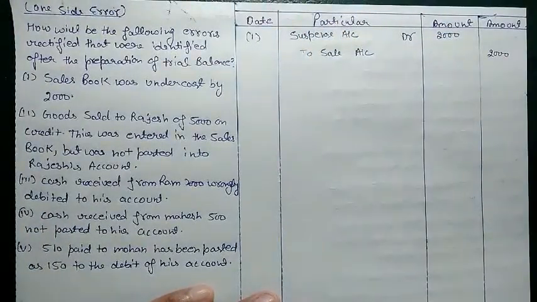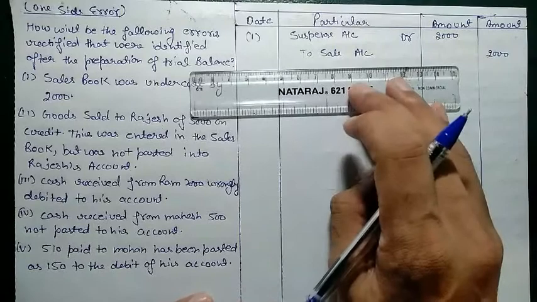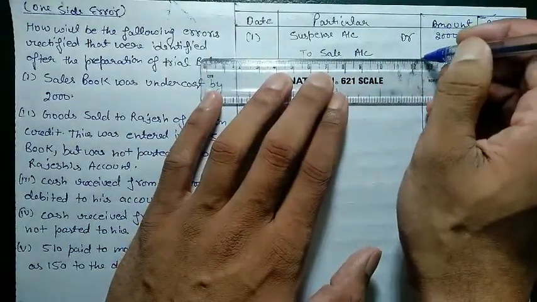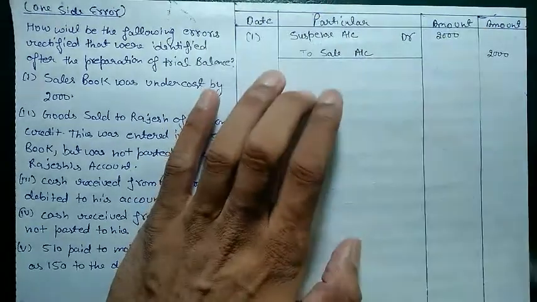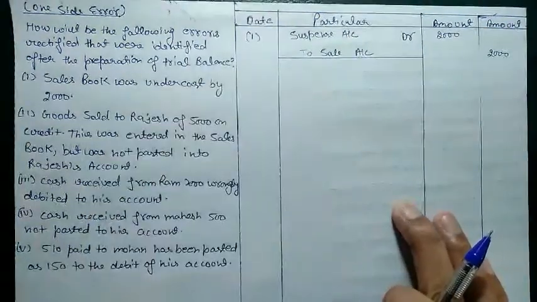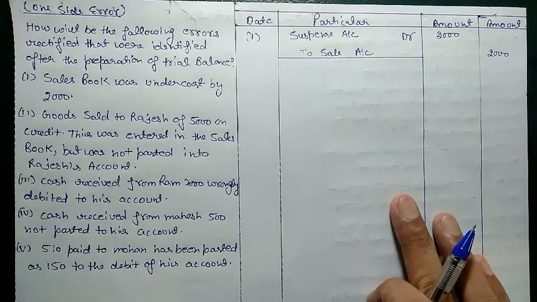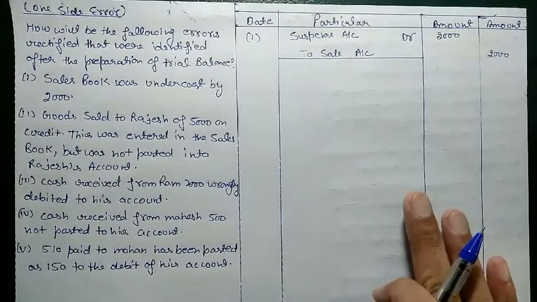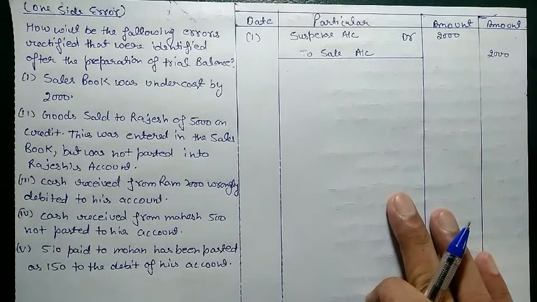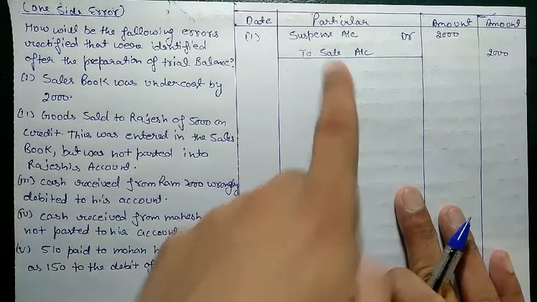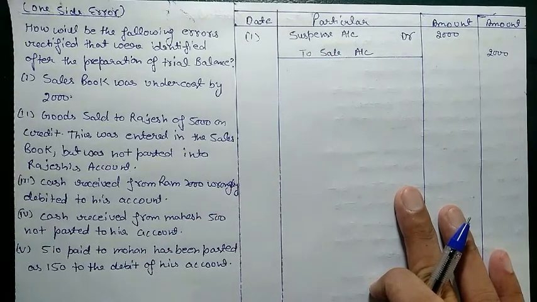Suspense account is the account which we use to rectify our single-sided error or our double-sided error also. But in double-sided error we usually post the rectifying entry in both of the accounts, because in two-sided error we have errors in a number of accounts, so we will settle that there. But if we have error on a single side, we have only a single option to rectify the error, through the suspense account.